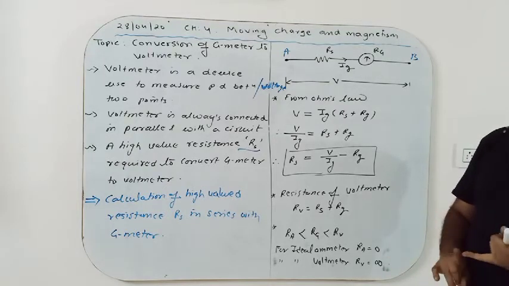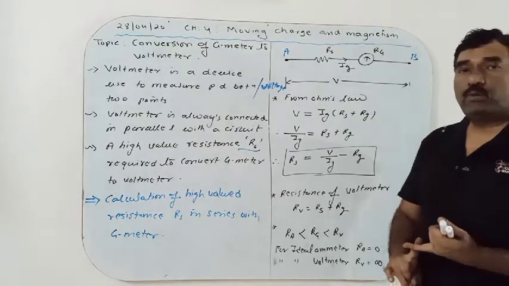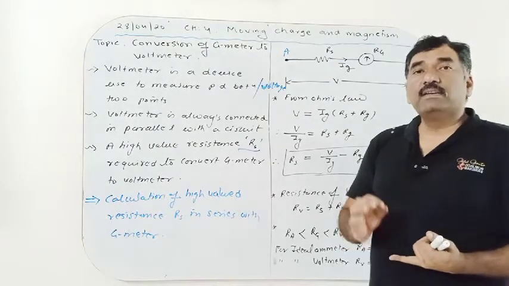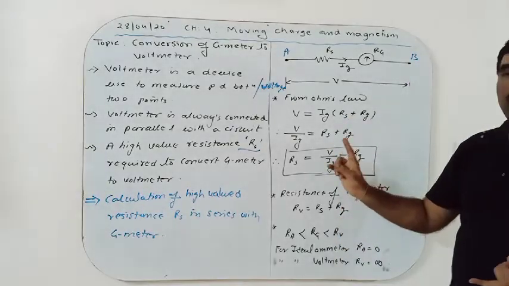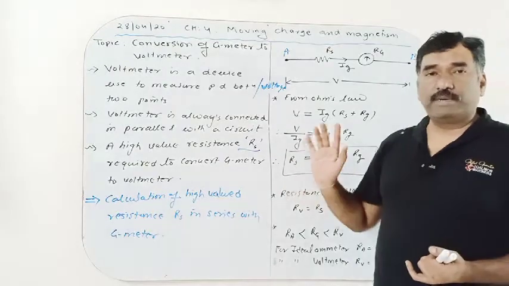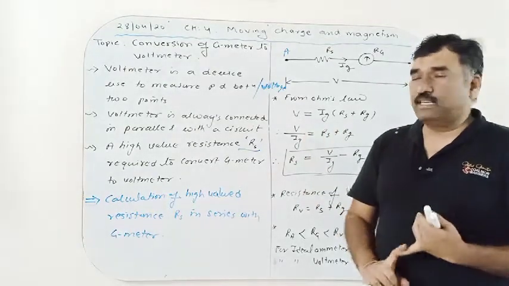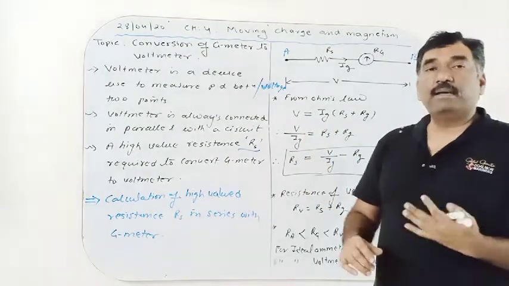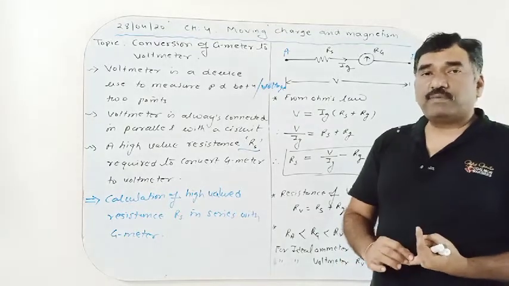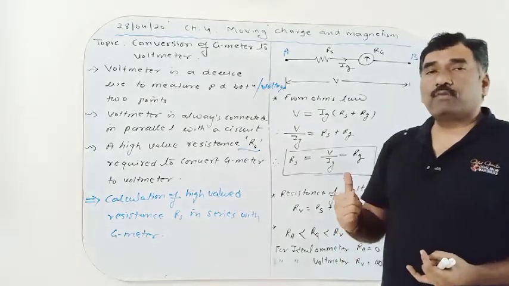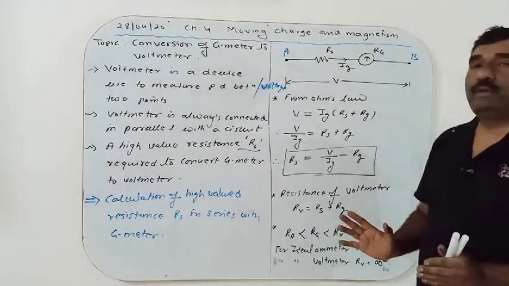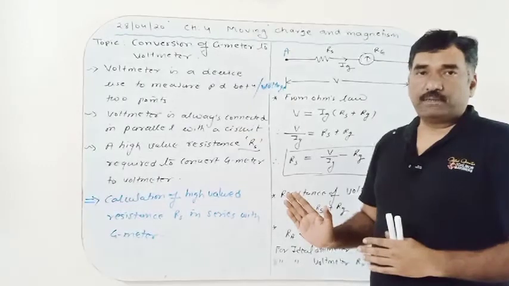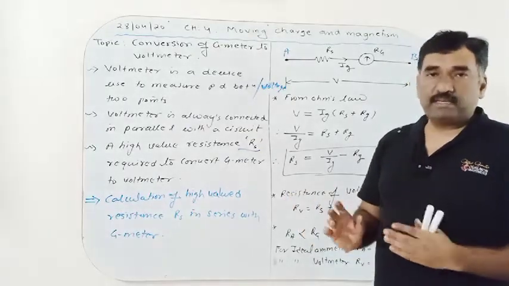Okay, galvanometer is not able to measure current and voltage directly. Shunt is required to convert galvanometer into ammeter, connected in parallel. High valued resistance Rs required in series with galvanometer to convert it into voltmeter. Ammeter is always connected in series, voltmeter is always connected in parallel. Ideally resistance of ammeter is 0 and for voltmeter it is infinity. Okay, this is a small comparison between ammeter and galvanometer. I hope you can able to understand this.